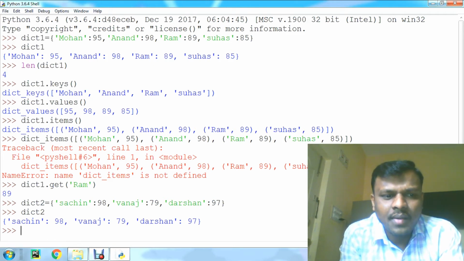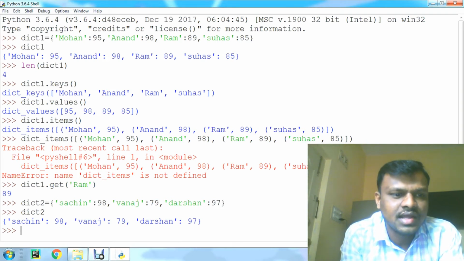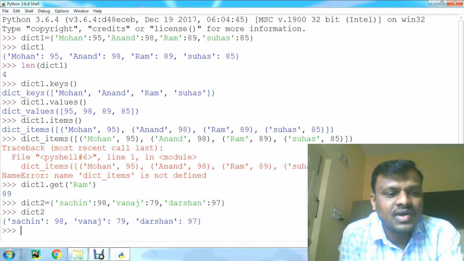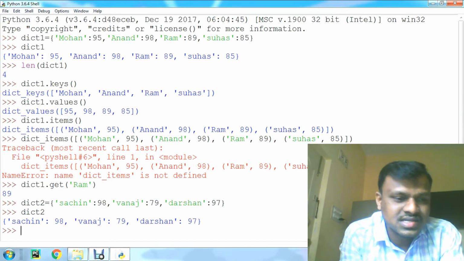Now I want to append this dictionary 2's key values into dictionary 1. For that, I can use the update function. So let us use this statement now.